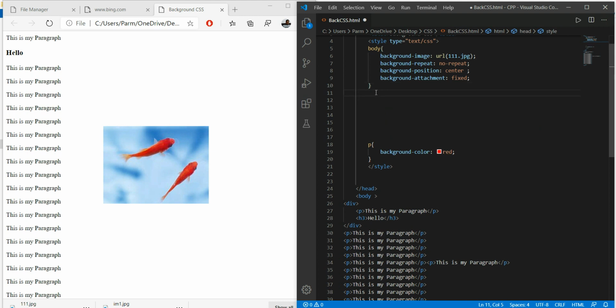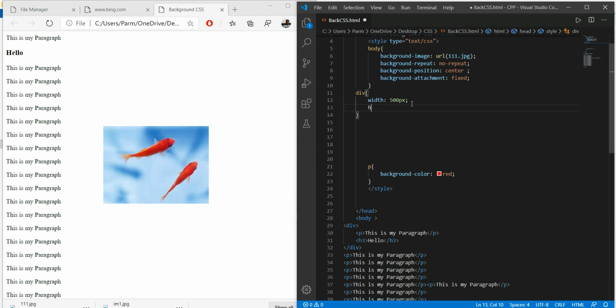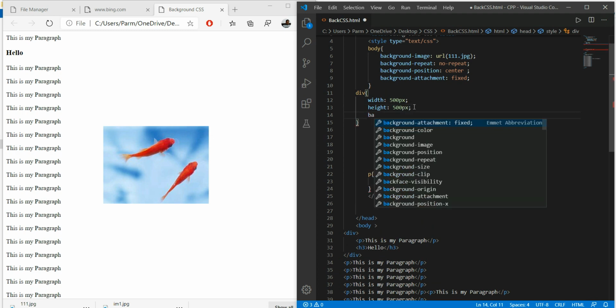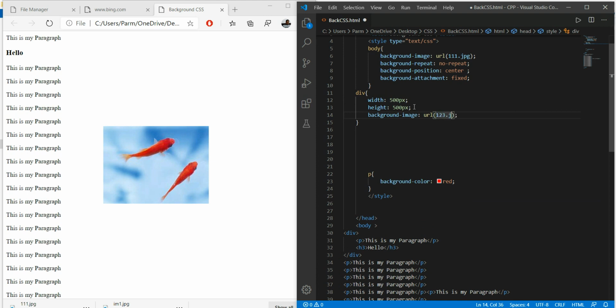Now here we have to write div, then the start of the curly bracket. Here we specify width, that is 500 px. Here we specify height, that is 500 px. Then here we specify background-image, and with the URL we will specify the value 123.jpeg.